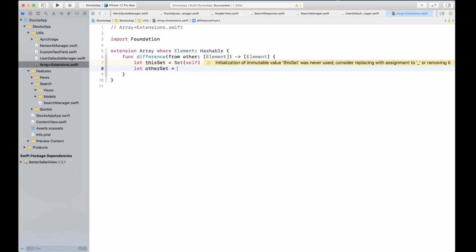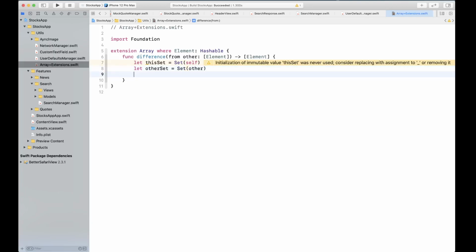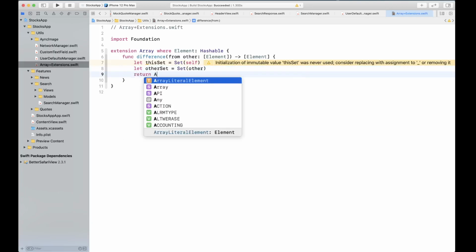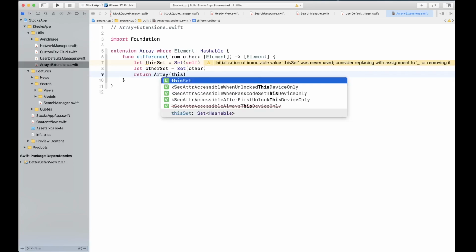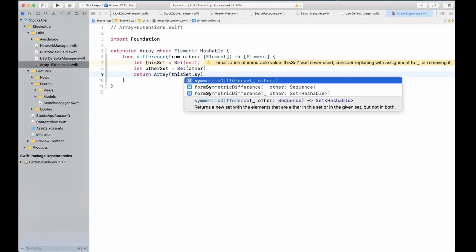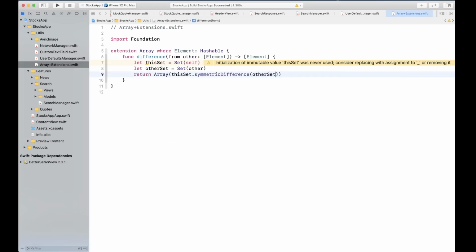So other set is going to be the set that we have been passed, that we are comparing against, and we're going to return an array of this set dot symmetricDifference other set. Okay, so that is going to give us the difference between two different arrays, only the delta that we're going to get.